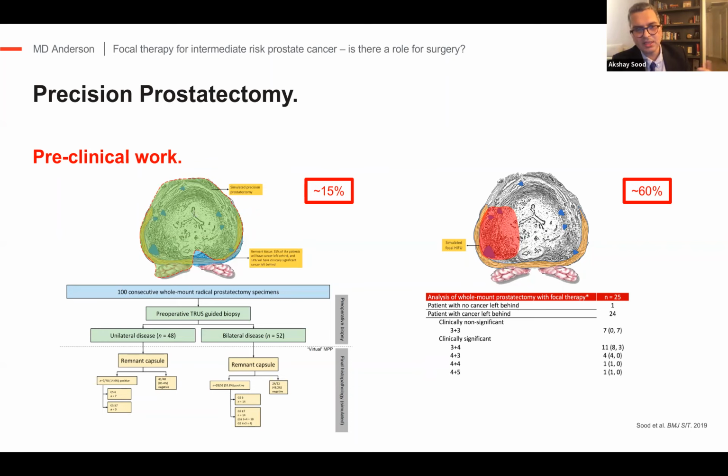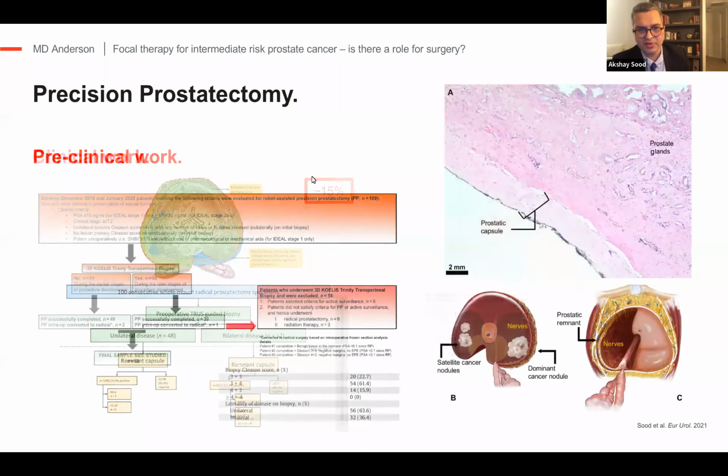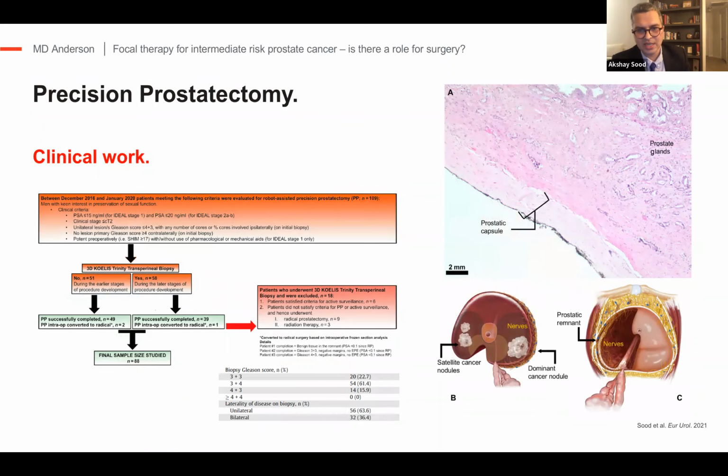And I will not go into the detail, but we know from other surgical procedures that are performed on the prostate that you don't really need to save the majority of the gland to provide functional benefit. You can just save a small sliver of the gland and you can preserve the functional quality of life for the patient, because if you save one-sided nerves and a capsule around it, you should be able to get good results with that as well. So we simulated that and we termed it precision prostatectomy. And what we saw here in our simulation is that if we were to perform this procedure, approximately only 15% of the 100 patients would have clinically significant cancer left behind. And based on these results, we proceeded to perform a phase 2 clinical study of precision prostatectomy.